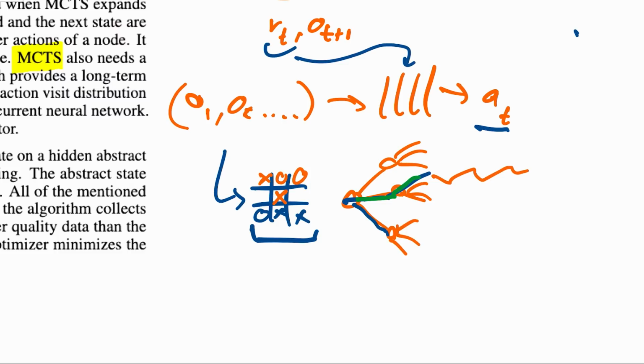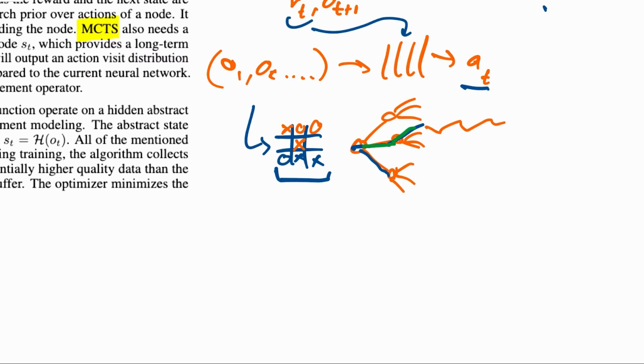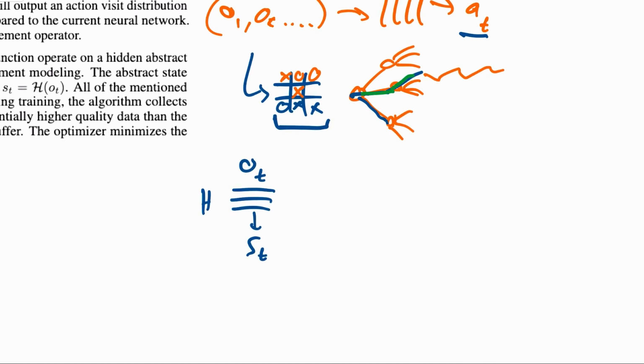So what people do is they try to learn a model of the environment. In absence of the model of the environment, they try to learn one. And there are many, many different ways of doing this. What MuZero does is it learns a latent model of the environment. So how does that look? Here you have the current observation T. MuZero uses a neural network, I think they call this H or something, to map the current observation into a hidden state, and then they plan using the hidden state.